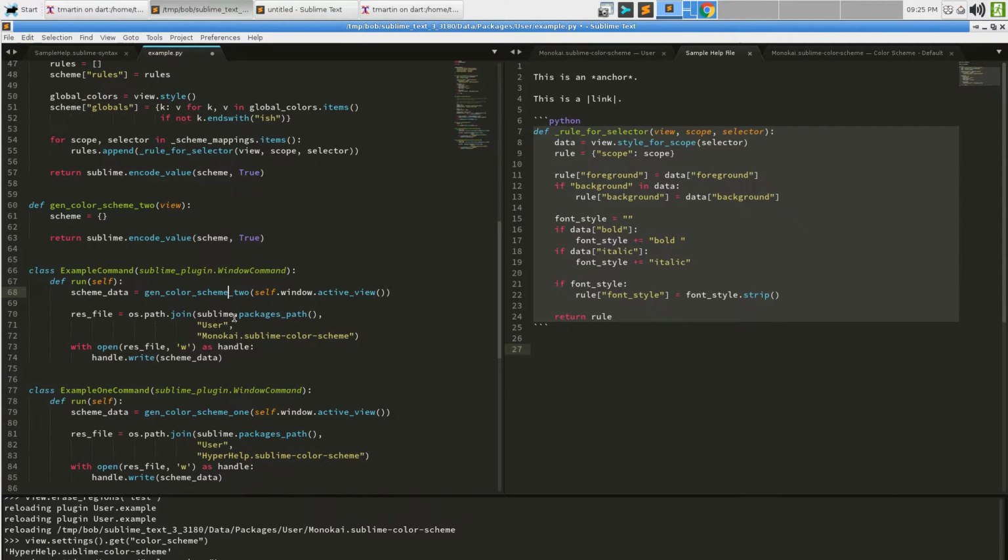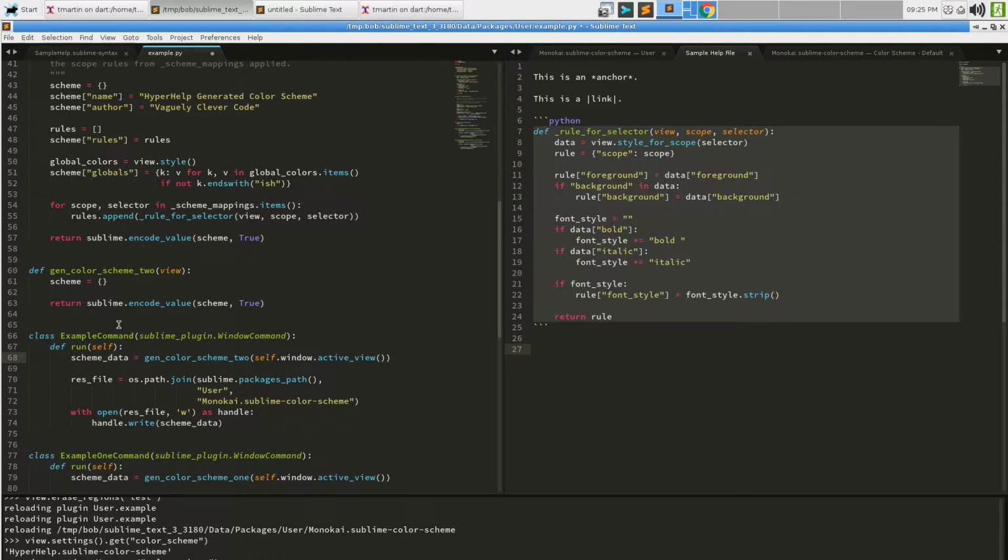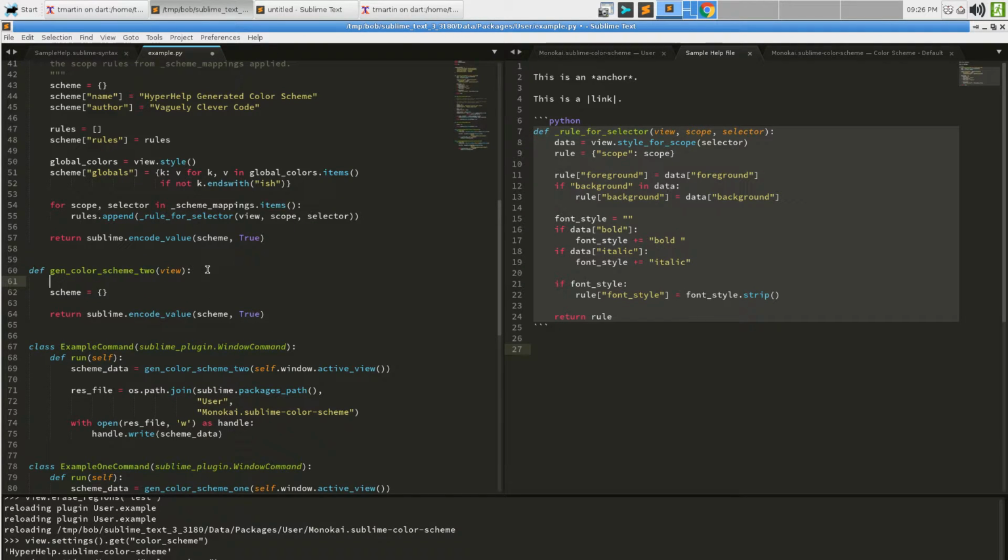This one, we're going to have to do a little bit differently. So we're still going to take a view, and we're still going to do that. We're going to have to say settings is equal to sublime dot. Do we? No. For the purposes of what we're doing here, we'll make it simple, right? So we do want a view here. And we want to say color scheme is equal to what? View.settings.get color scheme.